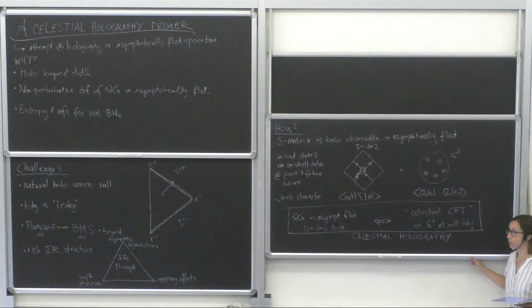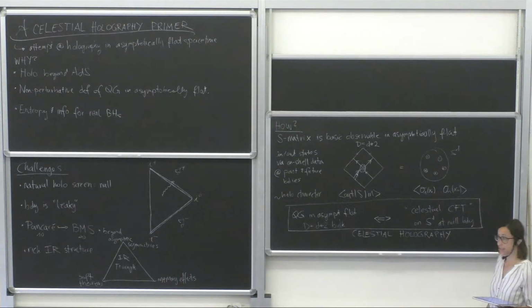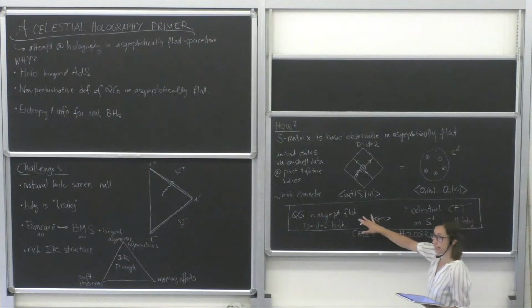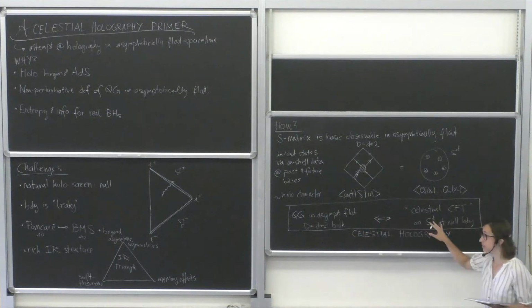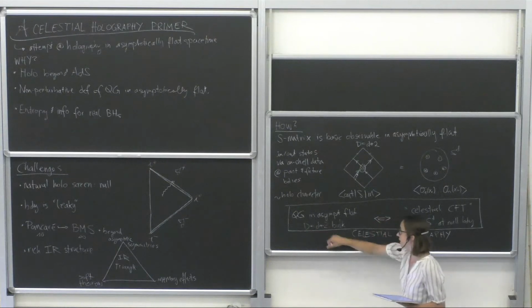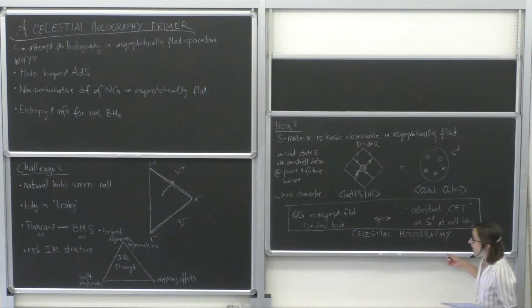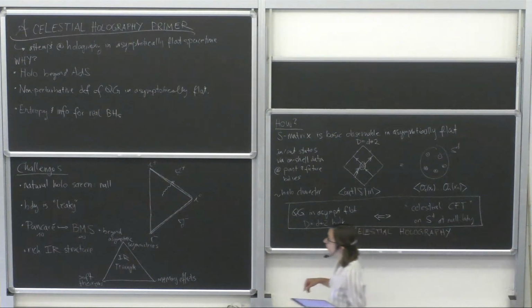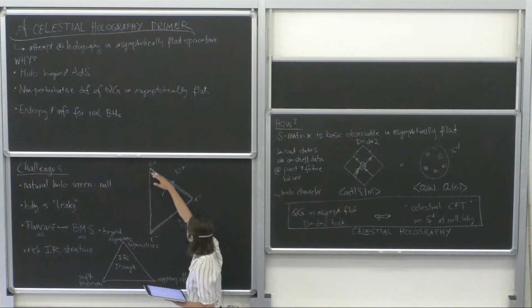Now, one obvious question for anyone familiar with AdS/CFT is that this looks like a codimension 2 relation. So capital D-dimensional bulk and then little d-dimensional boundary, which is codimension 2. So where's the other dimension? So we could also ask for a theory that lives on the full null boundary.